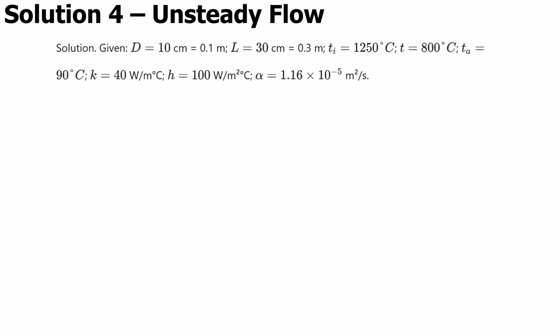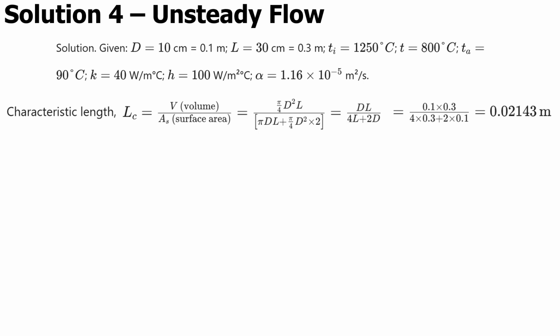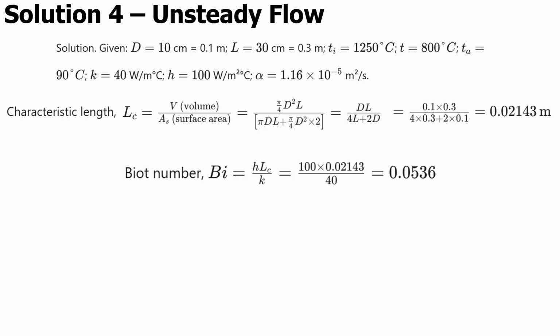Next, we'll calculate the characteristic length, LC, for the cylindrical ingot. For a cylinder, LC is given by the ratio of its volume to surface area. This simplifies as shown, and plugging in the diameter and length, we find LC to be approximately 0.02143 meters. Now, we calculate the Biot number, Bi, using the formula H LC over K, and we get the Biot number to be equal to